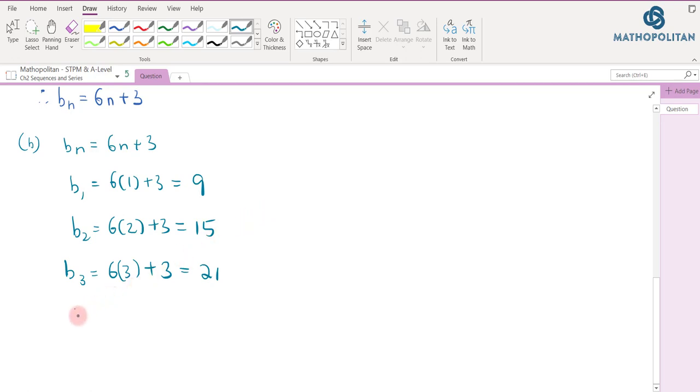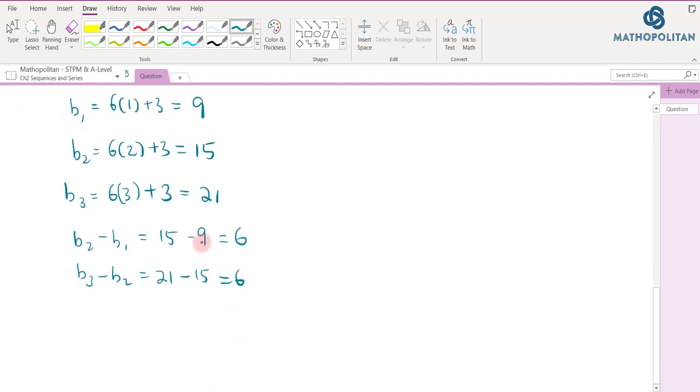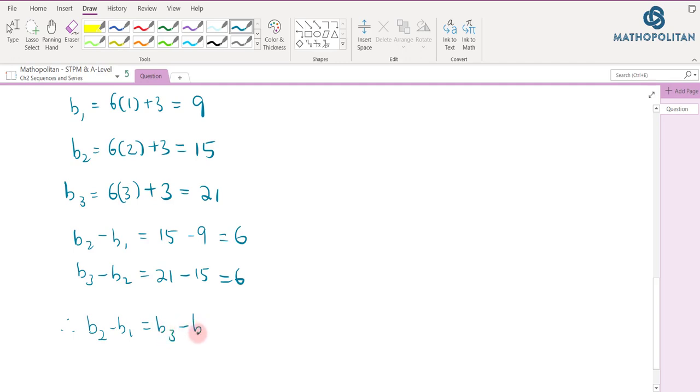We'll have to calculate what B2 minus B1 is. That is 15 minus 9, which is 6. B3 minus B2, that's 21 minus 15, that's also 6. If you continue to do it this way, we can show that every successive term has the same difference. So B2 minus B1 equals B3 minus B2, and so on. Therefore, B1, B2, B3, and so on is an arithmetic sequence, because it has a constant